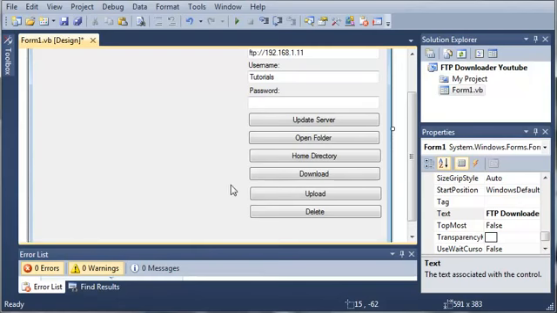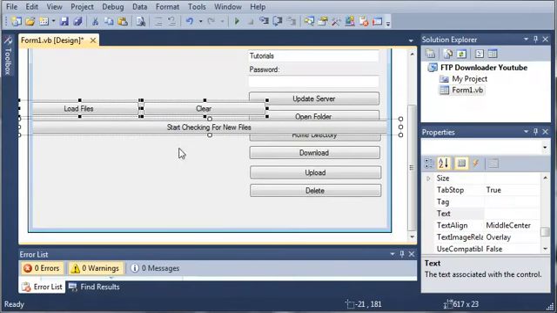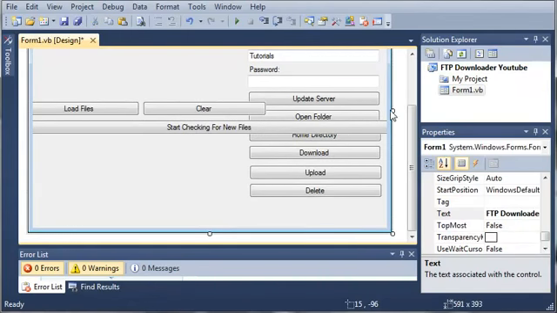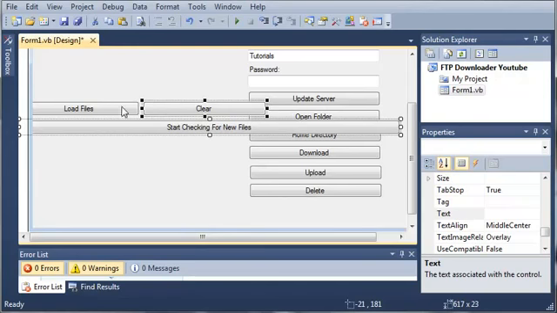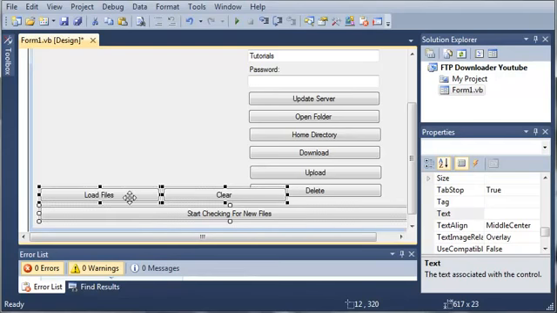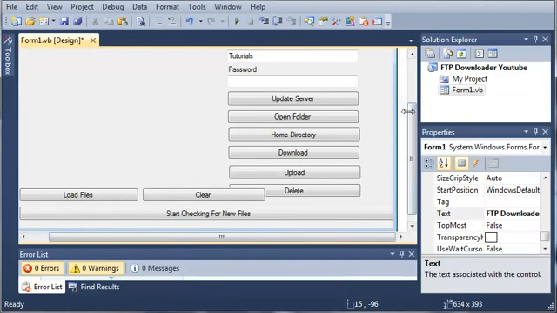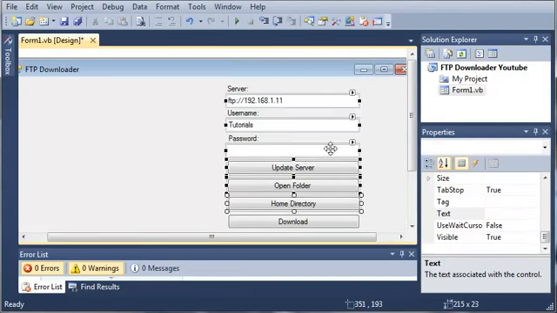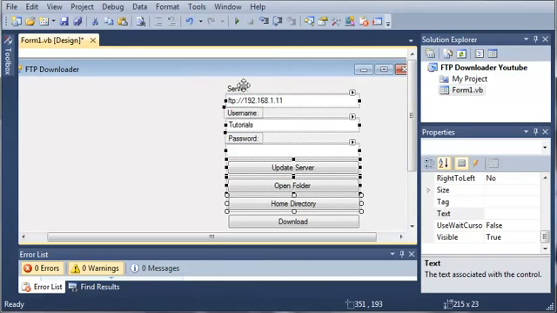So let's just go ahead and add some more controls that we're going to need to use. Okay, so I'm just going to go ahead and paste these in, and now you guys are going to have to create these controls. I have already made this program, so it will make it easier for me to teach you guys because I already know what's going to happen and how to do everything. So we had 3 buttons: load files, clear, and start checking for new files. So load files will load all of the files in the FTP server. Clear will clear our list box of all the files,